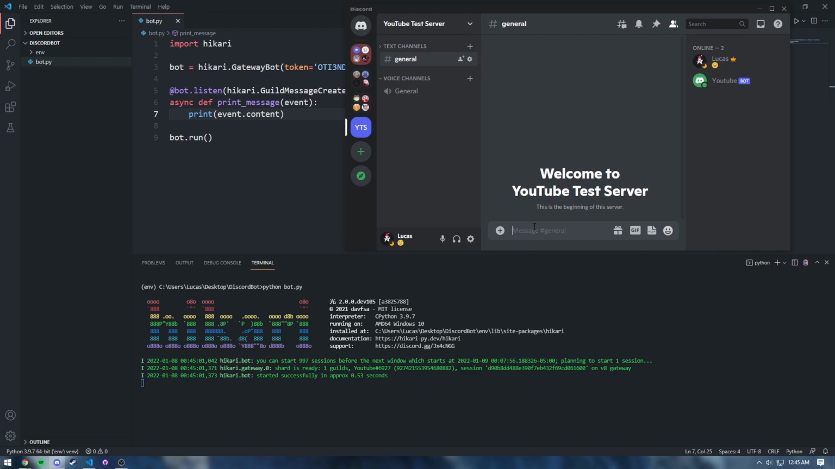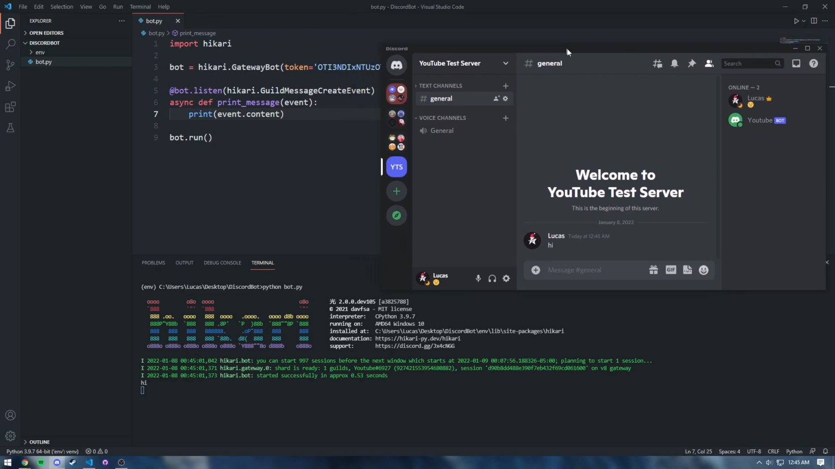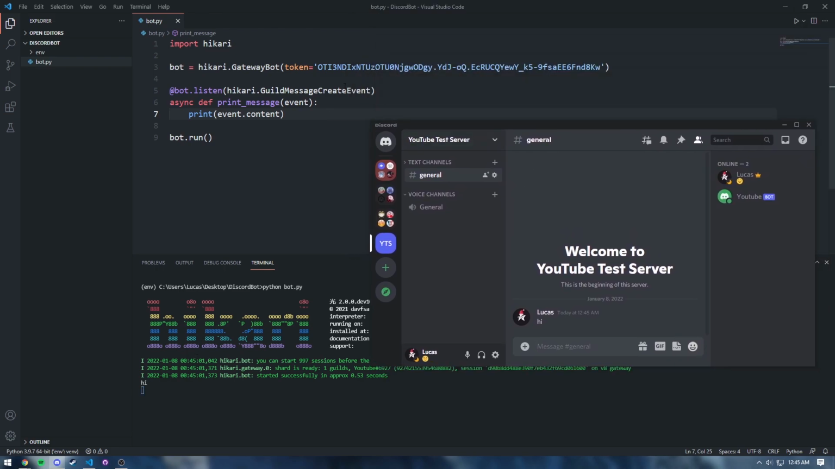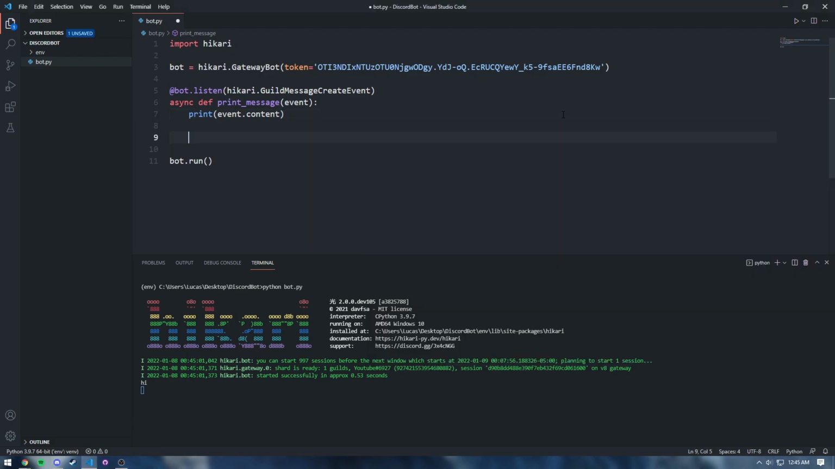So if I type a message like hi, as we can see here, we are printing out the message in our command prompt. And how is this working? We are simply saying when a guild message has been created, which is exactly what we did, print the content of the message associated with that event. And that's basically it. So if we wanted to perhaps create something new, like another event,